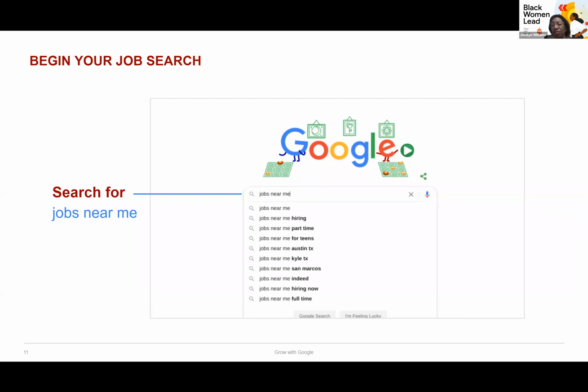If you're not sure of the job that you're looking for, you could, again, just do a high-level search. If you have an idea of the career field, like customer service, financial, you could do a search like that. If you want to do opportunities, say manufacturing jobs in Conroe, or whatever the case may be. So you can put in a location, put in a specific skill, indicate remote, part-time, full-time, hybrid, because many times